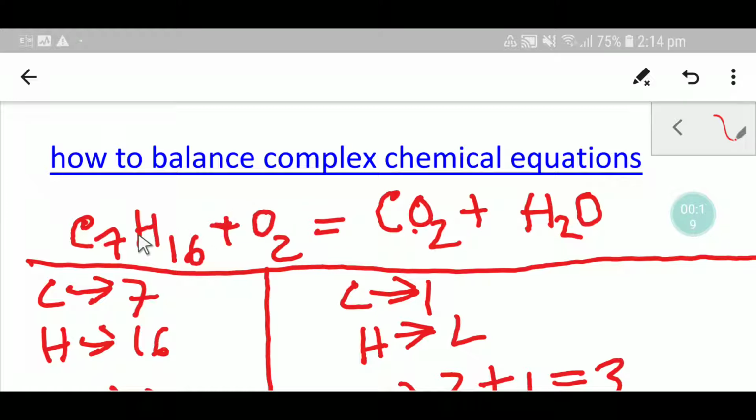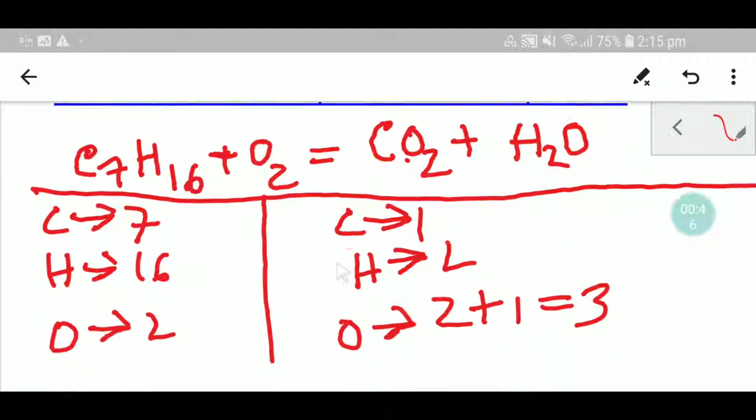So this is heptane, which is a member of the hydrocarbon family. The general formula of heptane, like the general formula of alkanes, is CnH2n+2. If you place 7 in this formula, then you will get C7H16. However, this is not the case. The case is that we have to balance this equation, and to balance it, at first I will draw